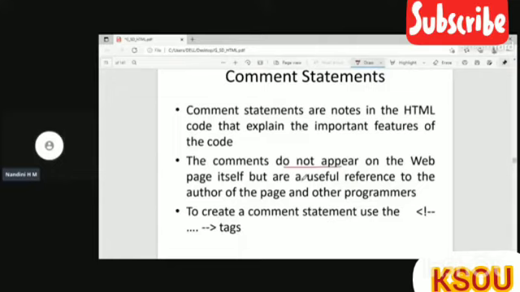So this comment will help the developer or the programmer to understand what someone has done. Or after some time you might forget what you have written, right? So it will help you to understand the code, or it will describe why you have written a particular web page.